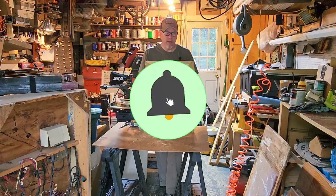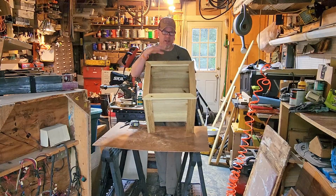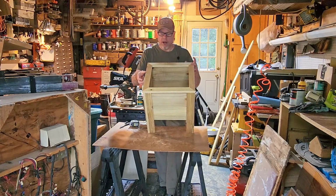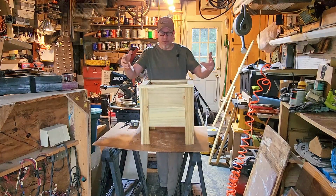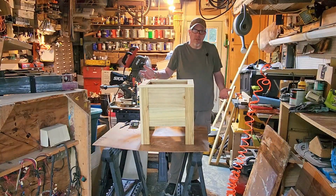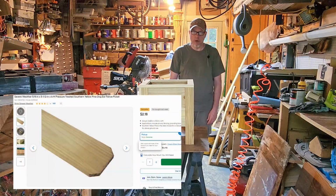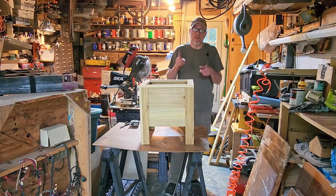I'm going to put a coat or 2 of the Thompson's water seal on it, just because I want to kind of preserve the color that they are. You're not going to prevent them from turning brown, but you can make them last a little bit longer. And just so we have them for years to come. Fence pickets are about $3 from the big box store. I'll pop it up on the screen. I don't know what we're going to make next, but since this video is